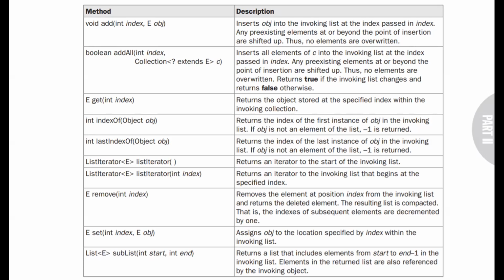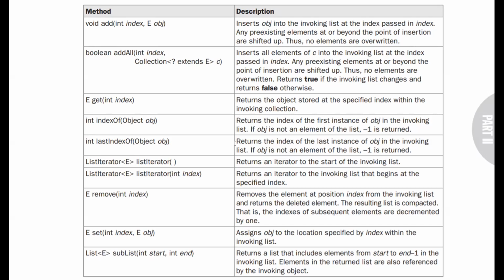Another method is lastIndexOf. This lastIndexOf method returns the index of the last instance of the object. In a list, duplication is allowed, so the same element may be present multiple times.